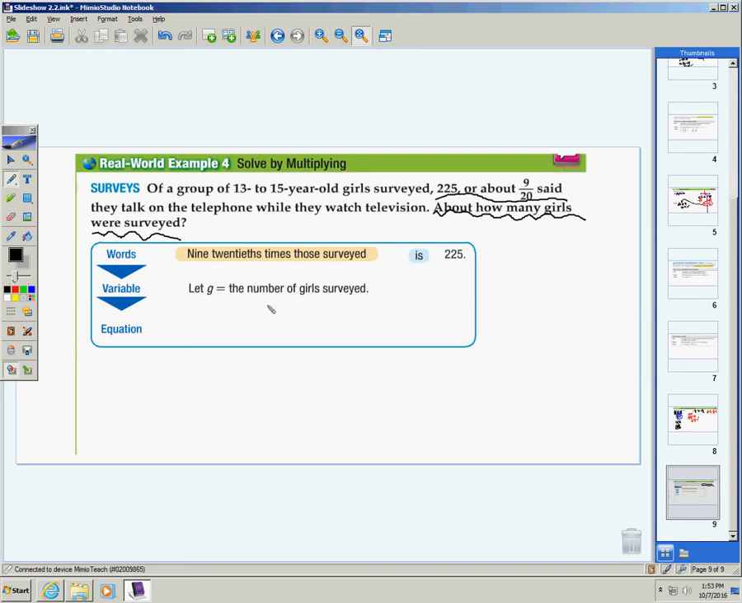Now I've got to convert this verbal expression into an equation. So I've got 9/20 times those surveyed, which we've said is going to be G, equals 225. And now we just do the fun part of solving the equation. I've got a fraction multiplied by G. The way to get rid of a fraction is to multiply each side by its reciprocal, because our multiplicative inverse property says if I want to